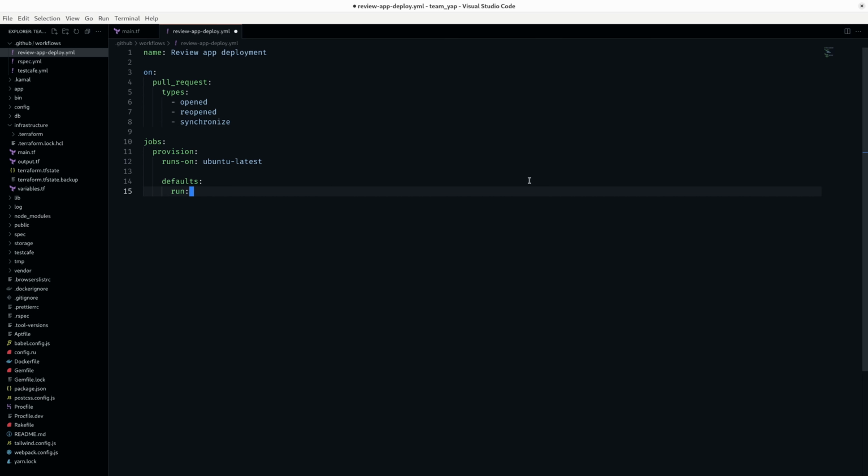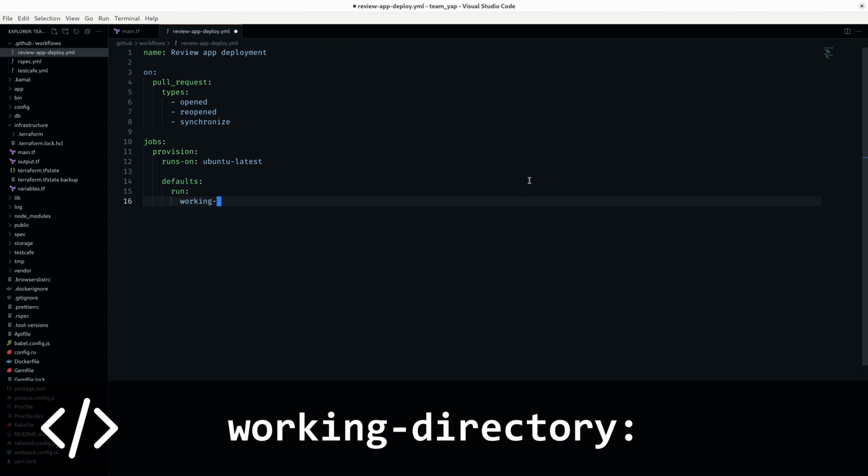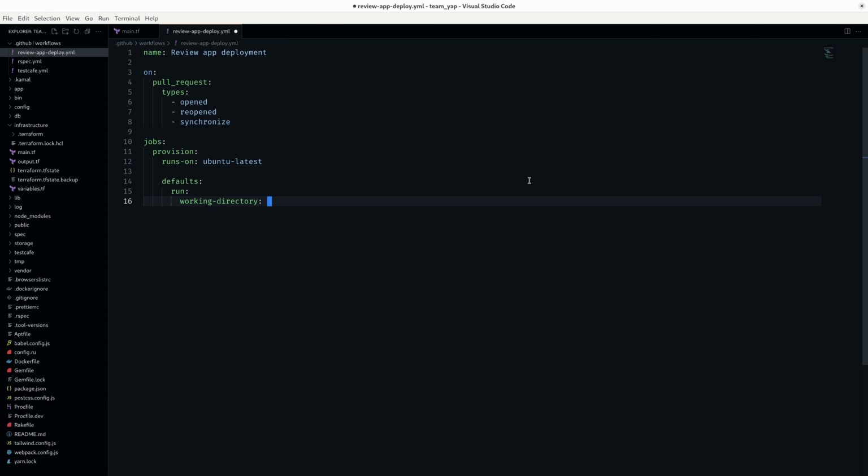So instead of defining it in every individual step, I can use this section to apply the settings under here for all of the run commands that I have in this job. I can set the working directory for these steps using the working-directory key and setting its value to /infrastructure, meaning that all our commands will be done in this directory at the root of the checked out code